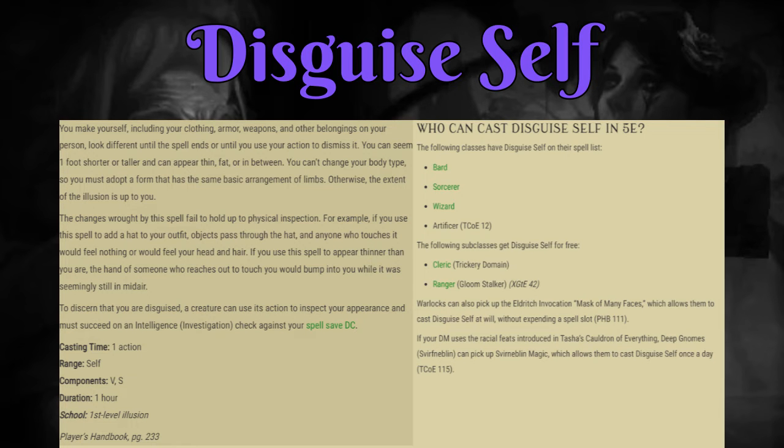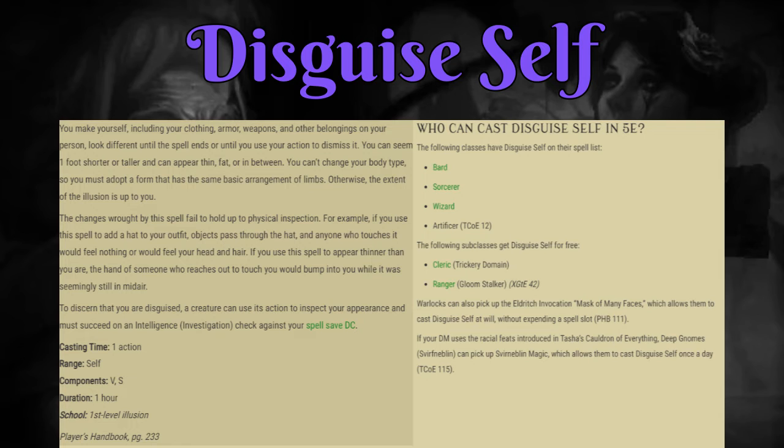With Disguise Self, you're able to transform yourself along with whatever you're carrying to look different. You can't become much bigger or smaller, and you must retain your limb configuration. But otherwise, you have total creative freedom. The tricky thing is that the illusion doesn't hold up to physical inspection. It's kind of like creating a hologram image around your actual body and belongings, which retain their actual shape while